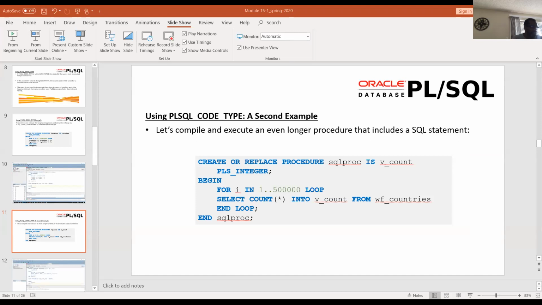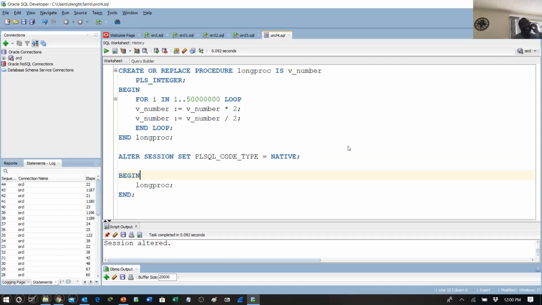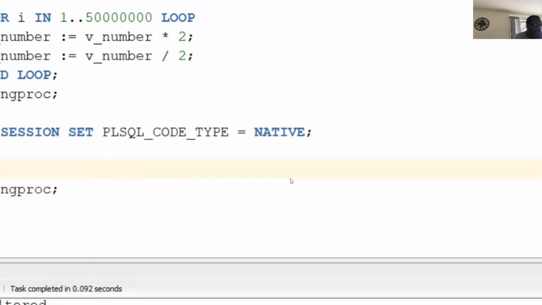Oh, actually, I went on to the, hold on. Let's go back to the PowerPoint. I was showing you that, I fooled myself. Wait. This is just a screenshot of the developer. So if you ran this code with native,